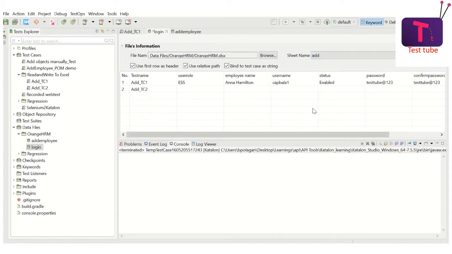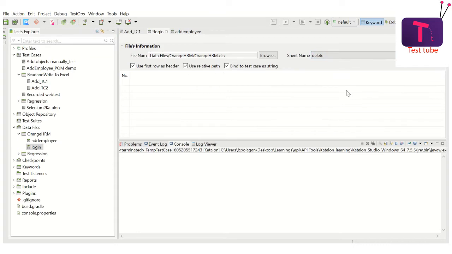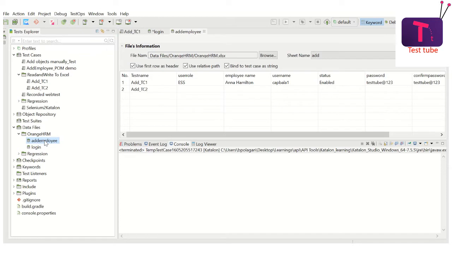So here we have add, here we have delete sheet. Out of all these, I chose to add the login sheet to this particular test data sheet in Katalon Studio. Similarly, I have created another test data sheet in Katalon for which I have mapped the add employee sheet from the Excel sheet, right?